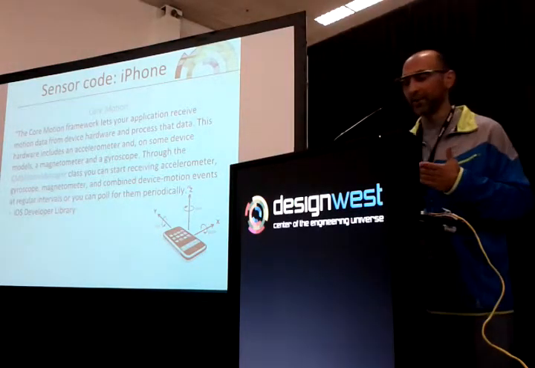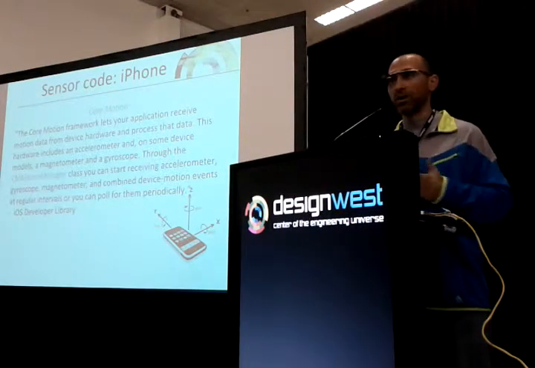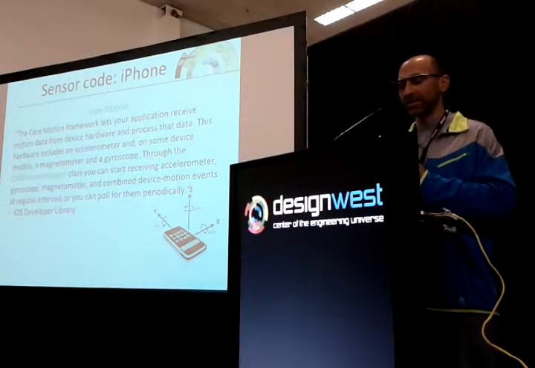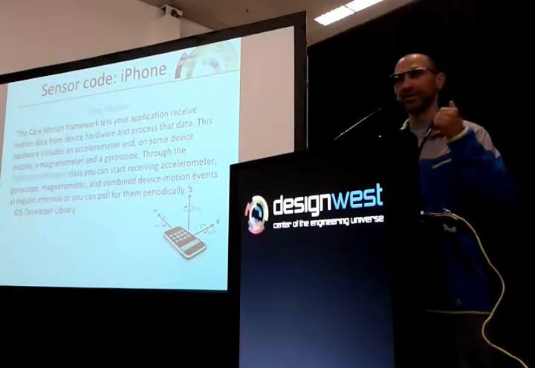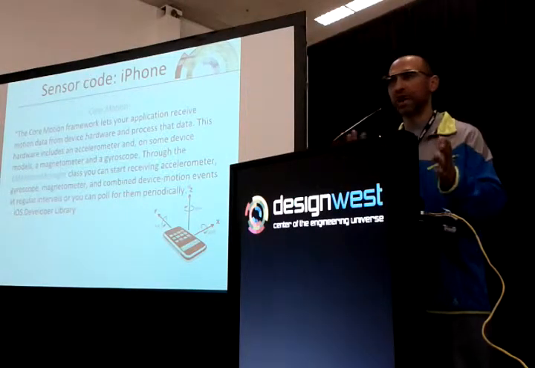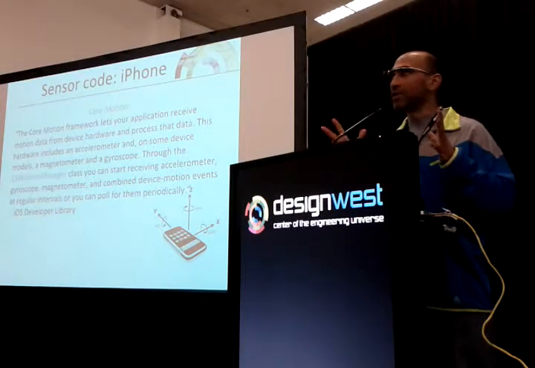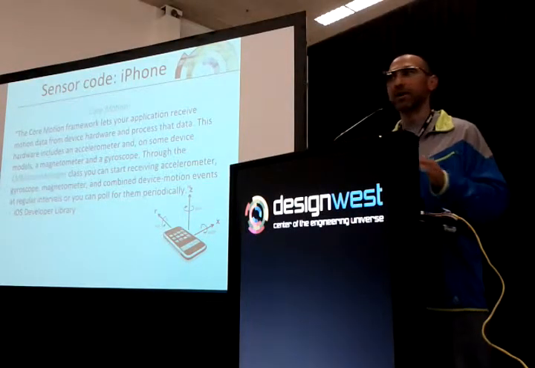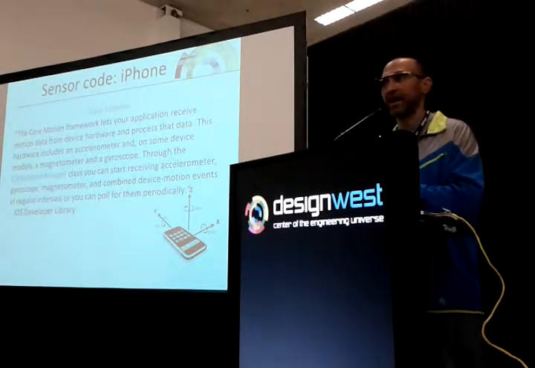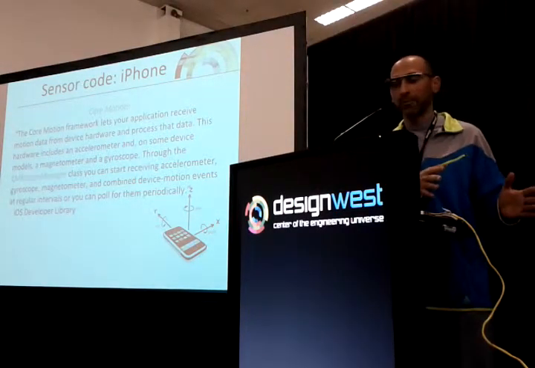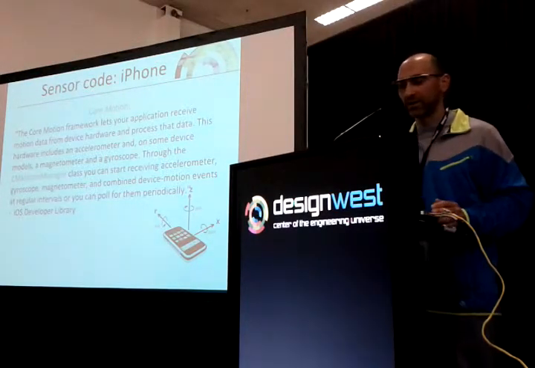On the iPhone, again, we have a very nice library, a framework, Core Motion. And with Core Motion, you can get all the information about linear acceleration and your gyroscope and position. Again, the frameworks and the libraries that are in place make our lives very easy. Google did a fantastic job with their sensor manager. Apple did a fantastic job with their Core Motion. It takes all the noise out of the sensors and makes it really easy for us to work with.